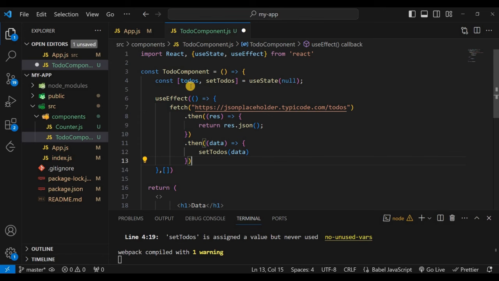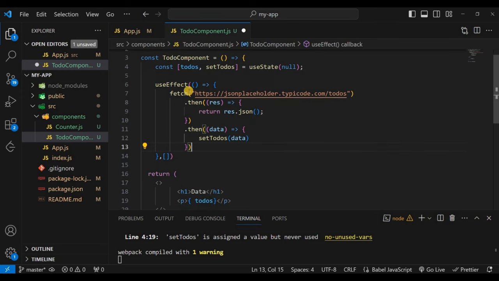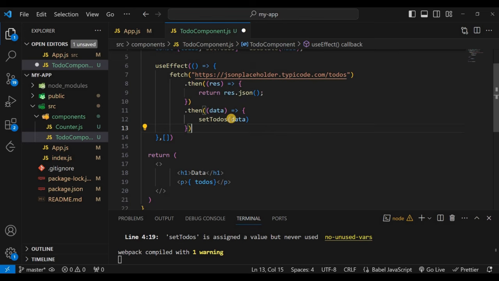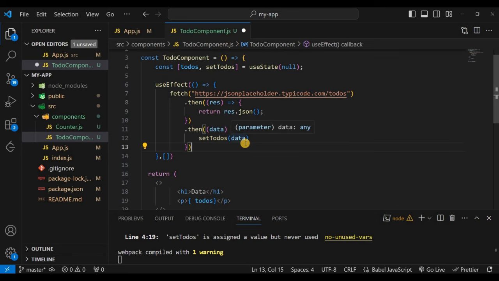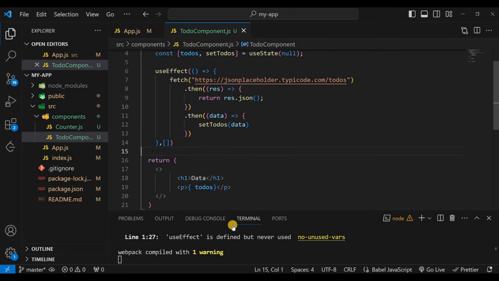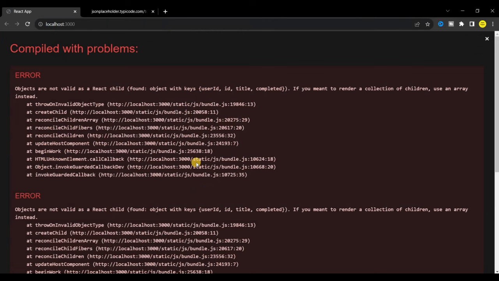फर्स्ट हमने क्या किया, एक स्टेट लिखा टू डूज, और सेट टू डूज से ये स्टेट अपडेट होगा और इसका इनिशियल वैल्यूज नाल है। देन हम लोग यूज इफेक्ट लिखा, उसके अंदर इस रिसोर्स से डेटा फेच किया, उसको कन्वर्ट किया जेसन में और रिटर्न कर दिया। उसके बाद ये जो सेट टू डूज है उसके अंदर ये सारे डेटा हम लोग सेट कर दिया। तो सेव करते हैं और देखते हैं कि डेटा शो होता है कि नहीं।